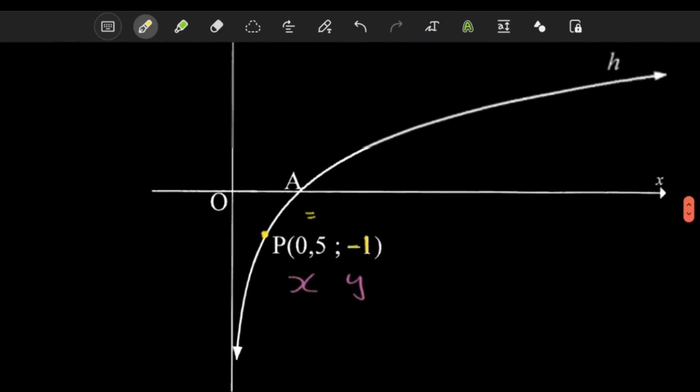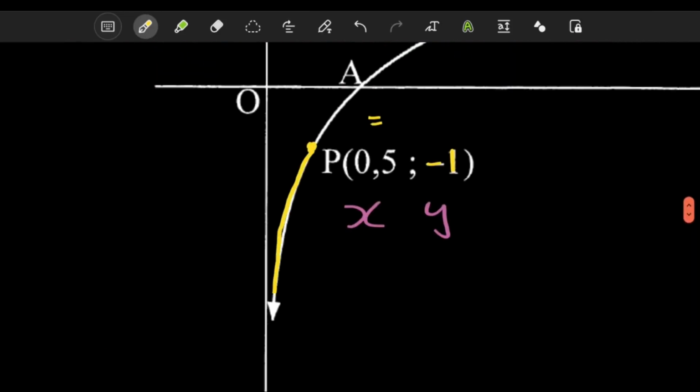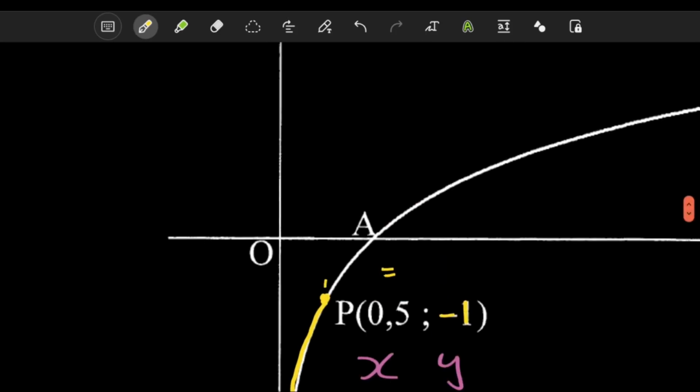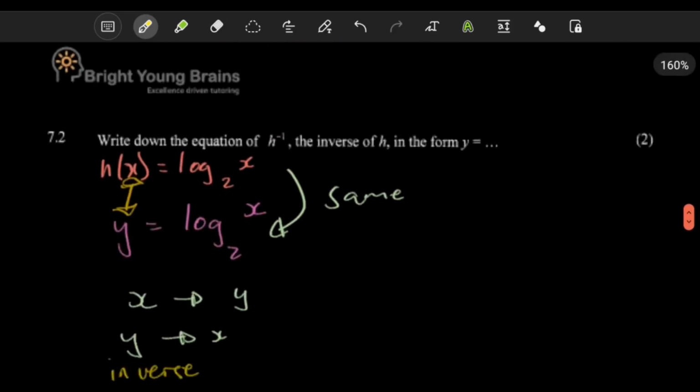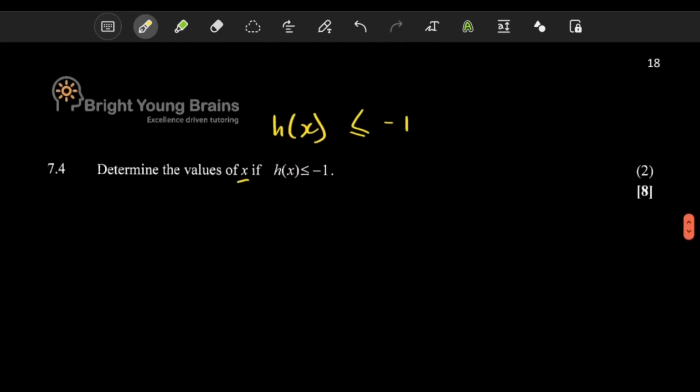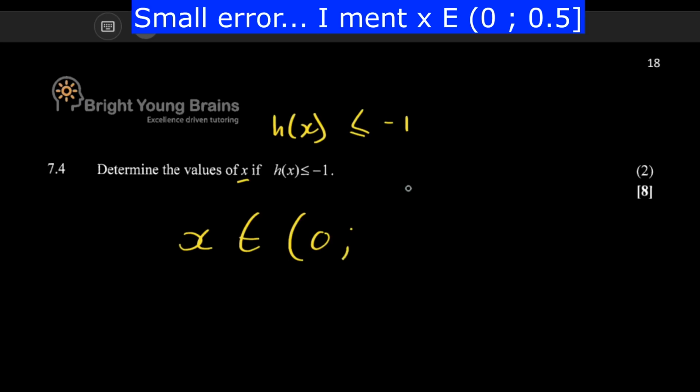That's quite easy. Firstly, it's smaller than -1 down here, you see, and those particular x values, it's from 0 until a half. You see, that's the part where it's smaller or equal to -1. So let's see, those x values, our x has to be bigger than 0, or let's write it in the way most people like to write it here. Most people would have said x is an element of 0, where 0 is not included, until